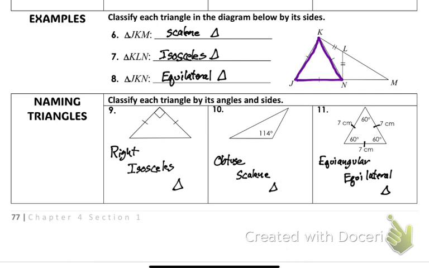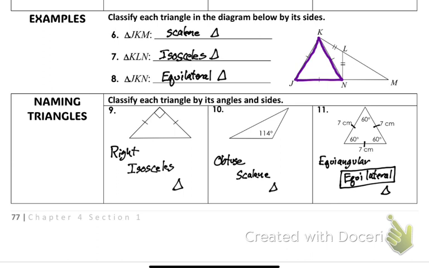I think some of us probably heard of the term equilateral before. Maybe we didn't remember what it's for, but I think most of us heard equilateral. How many of you heard equiangular? Probably not very often. And you want to know why? Because when something's equiangular, it is automatically